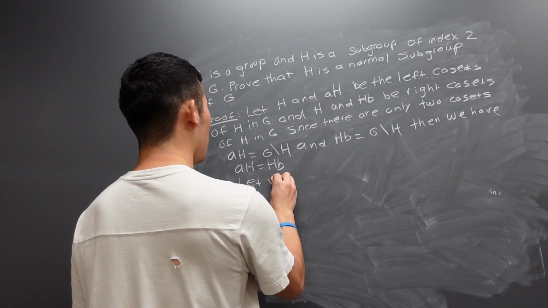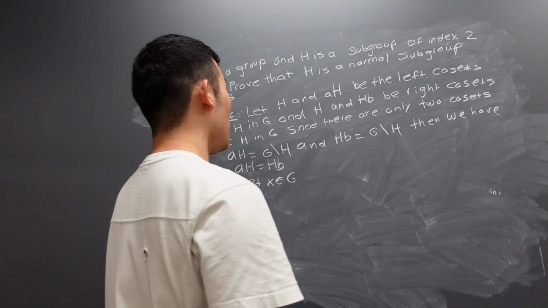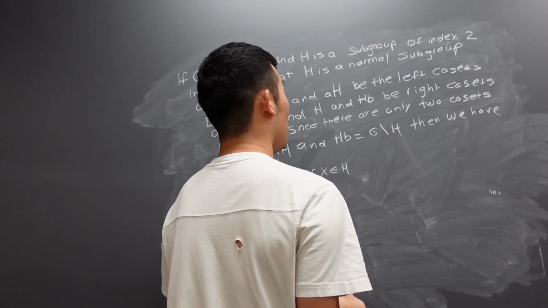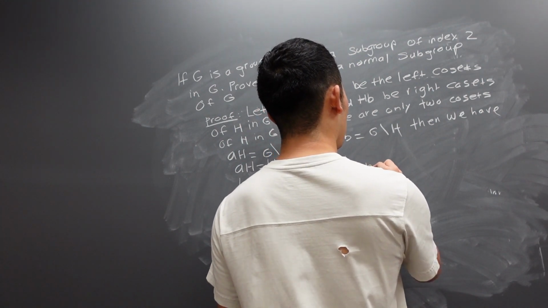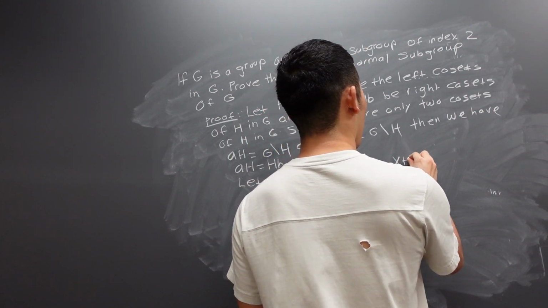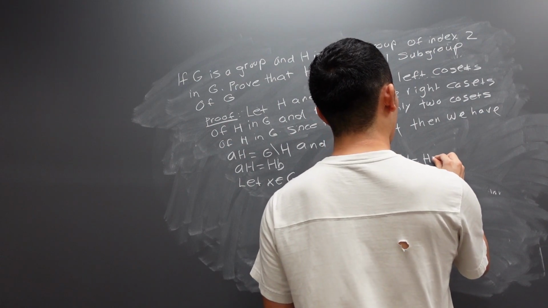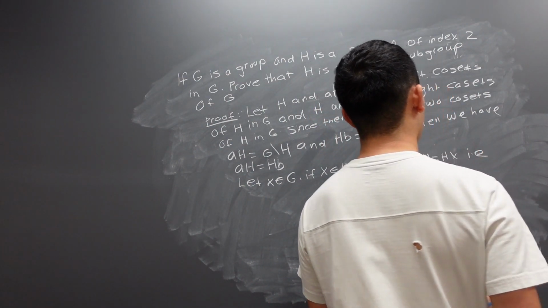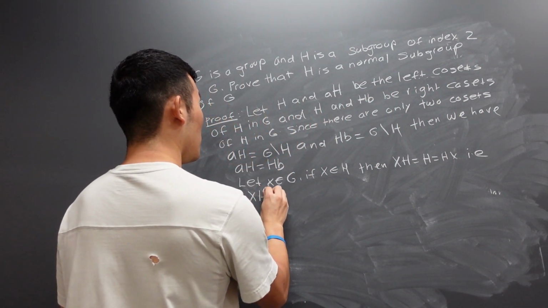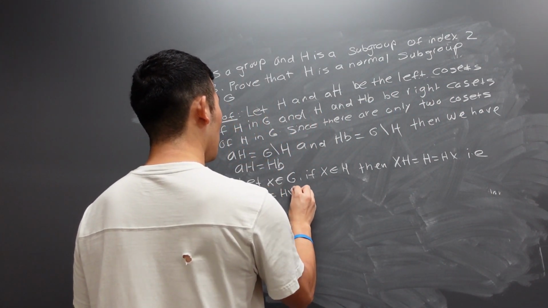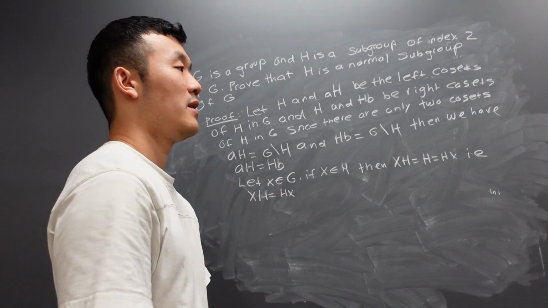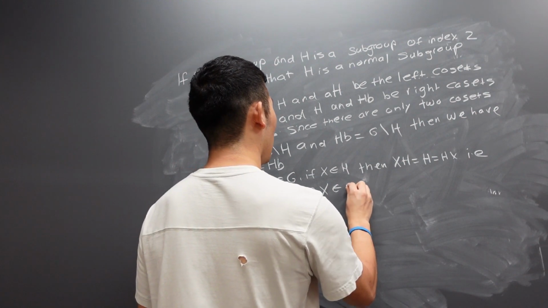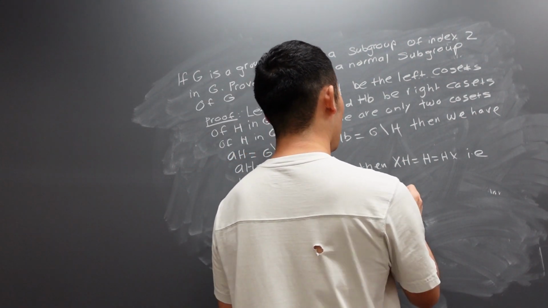So let x be an element in G. If x is an element of H, then xH is equal to H. That is, if x is an element in G slash H is equal to